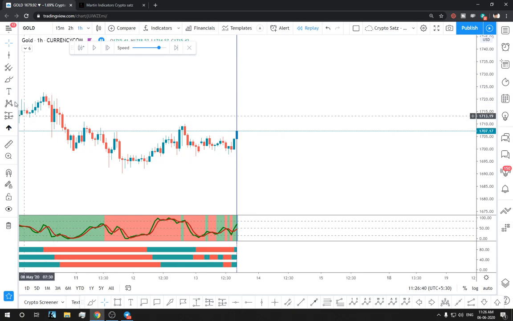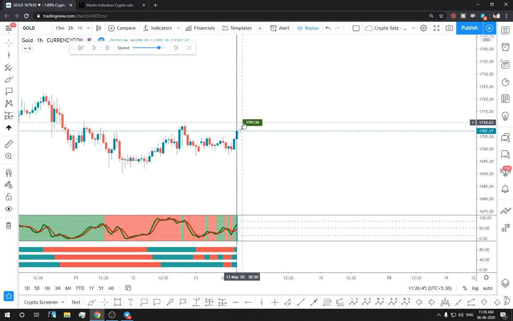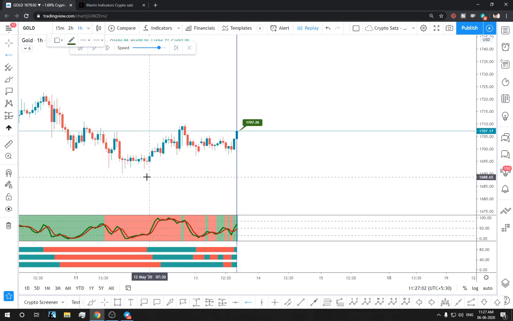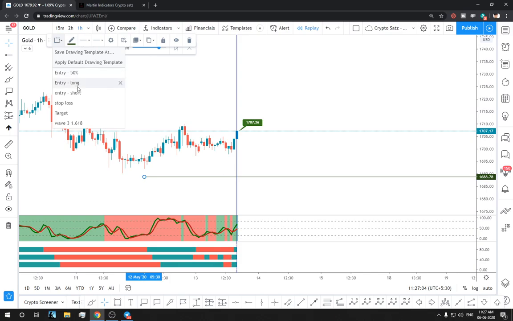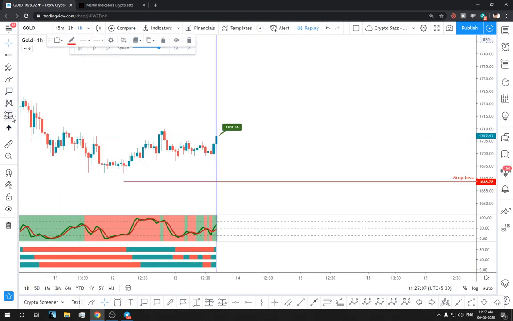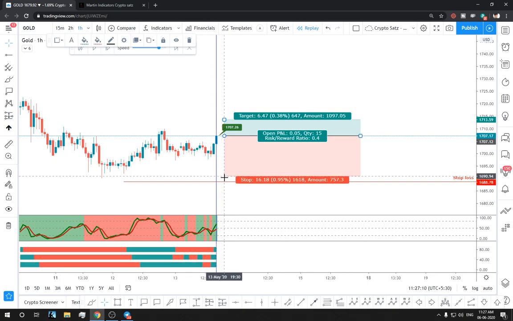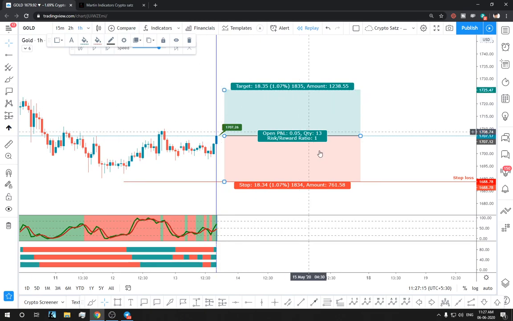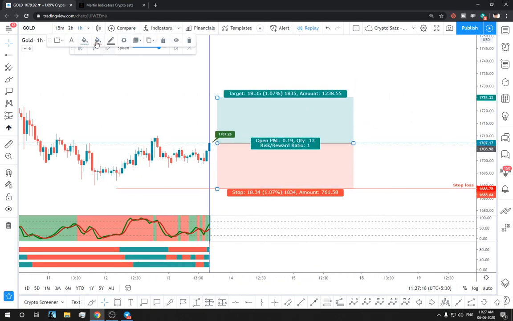So this candle is closed, so we take entry on the open of the next candle, which is here, that is 1707. So we take a stop loss, and as I told you guys in my last video, when you have these kind of choppy markets, take the previous structure's low, which is this one. So we take a stop loss over here and we take a 1-to-1 ratio from there. So our stop loss here is 1.07%, and that's our target. Let's see what happens next.